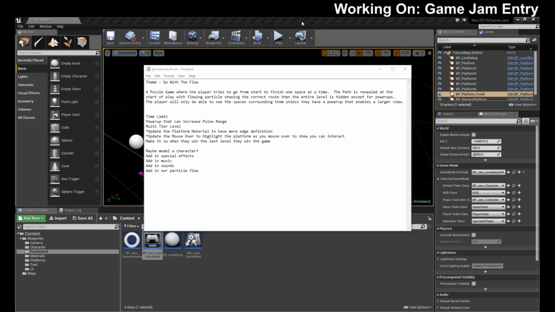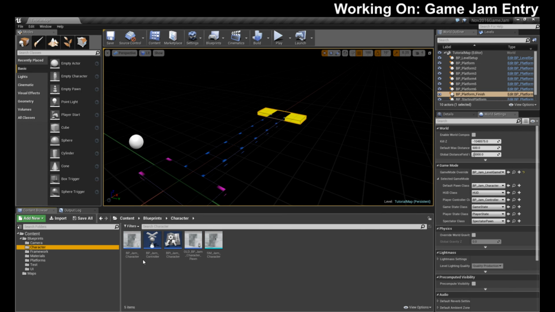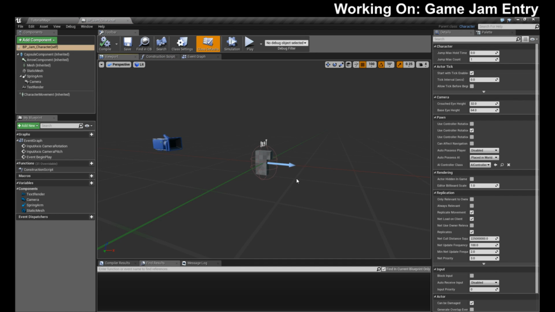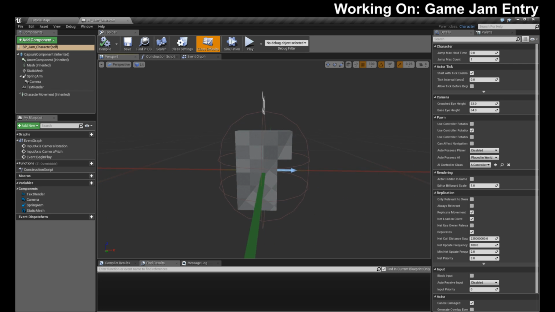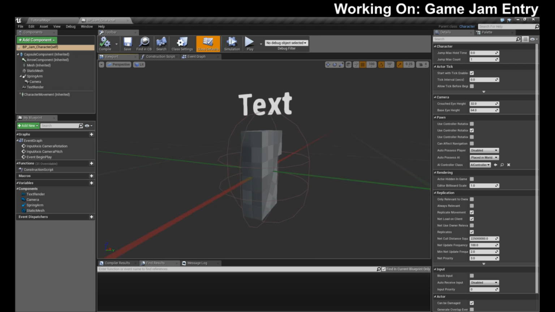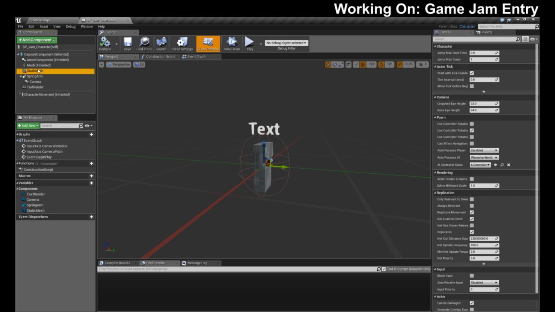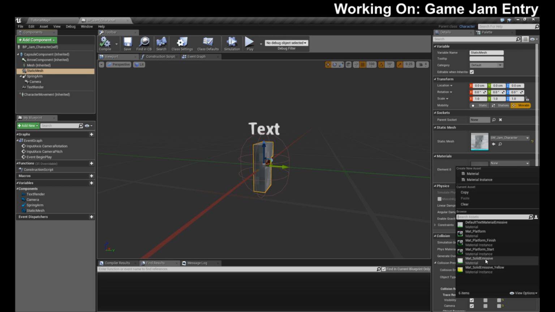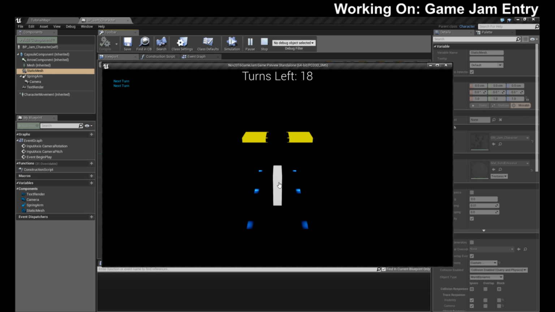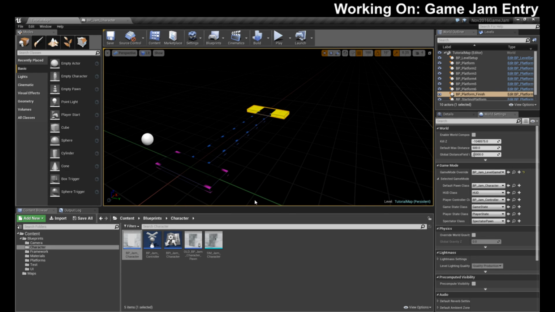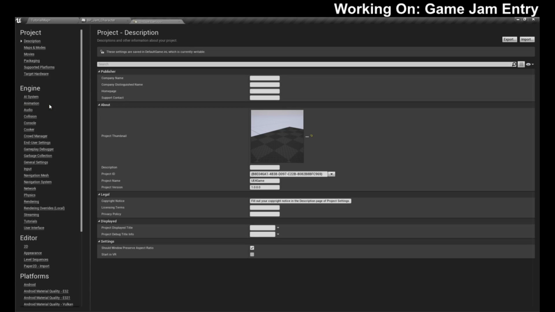Let's do our model. Our model needs a better material now, because he has no material. Should I just make him a solid color? I don't know, let me see. Here's my model. Let's just give him the solid white and see what it looks like. No, I need to shut off the... I'm gonna have to put this in every stupid level, aren't I? No. Can I do it in my project settings?